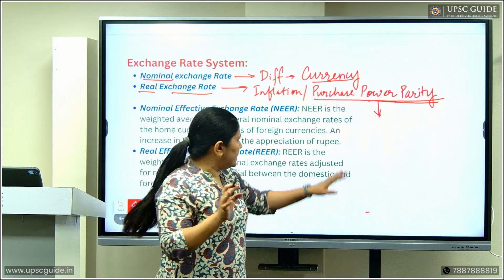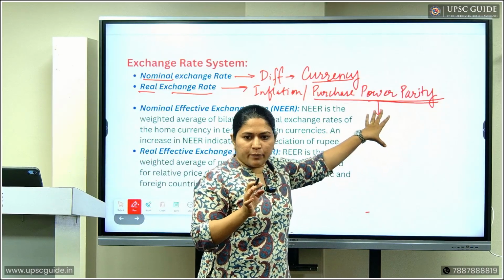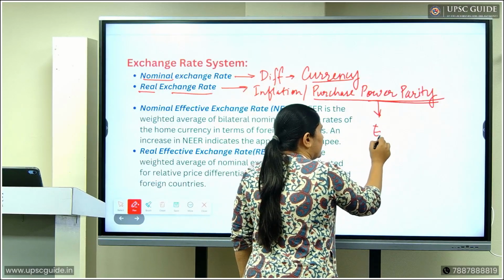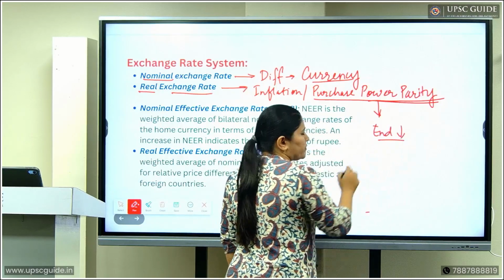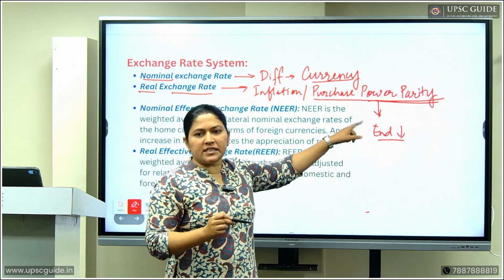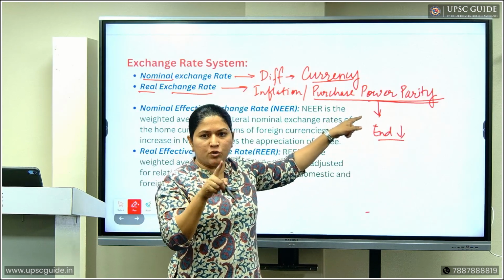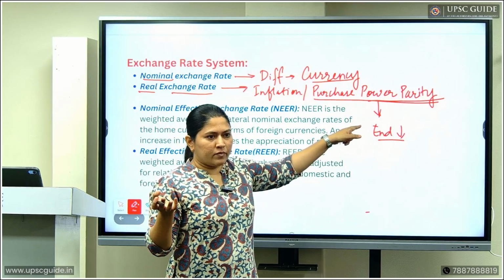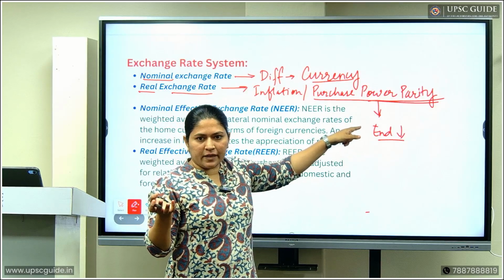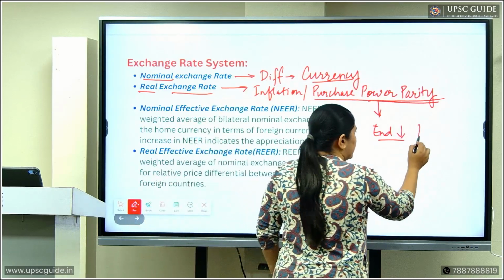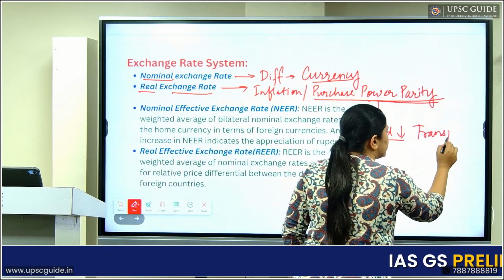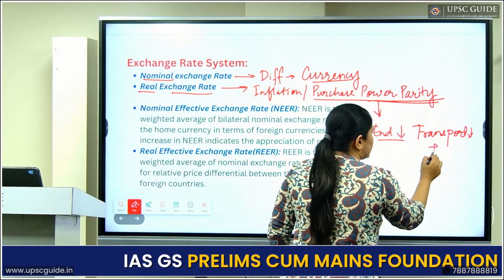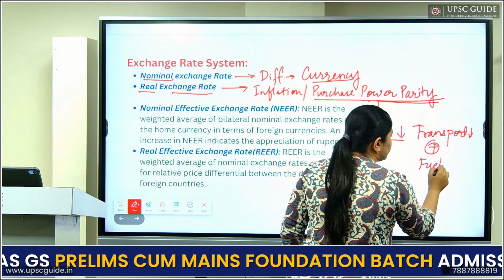Now if we do not see the purchasing power parity, then we will end up in loss. Why? Because if the citizens of USA will not purchase your goods and services, what is the use of exporting? Right? So you will incur unnecessary transportation cost, plus fuel cost,